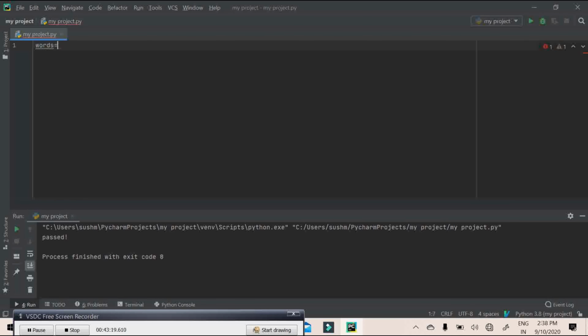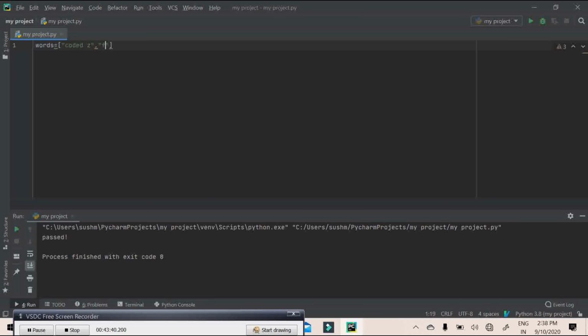Words equals to square bracket, double quotation mark Coded Z, then comma, then double quotation mark